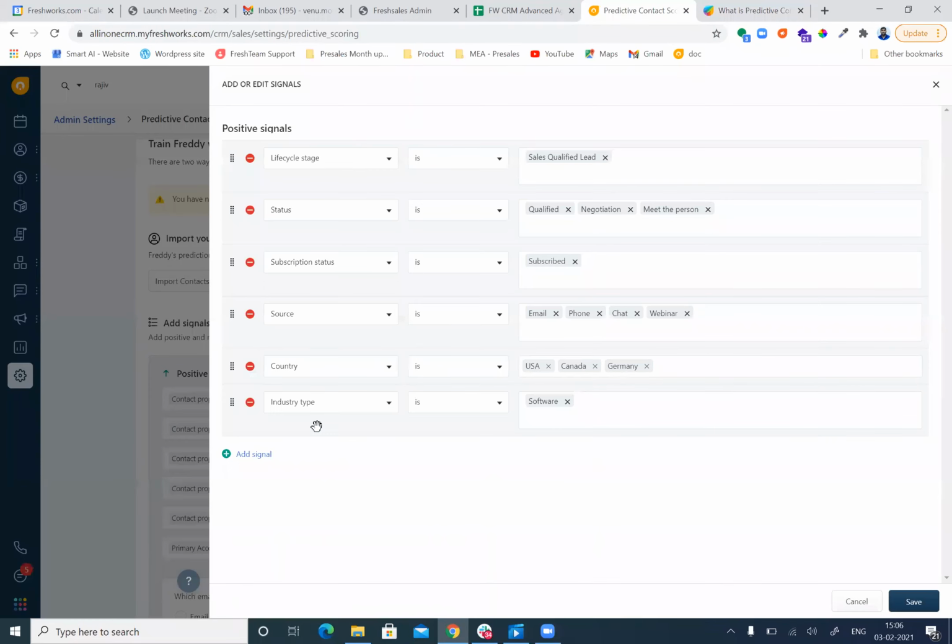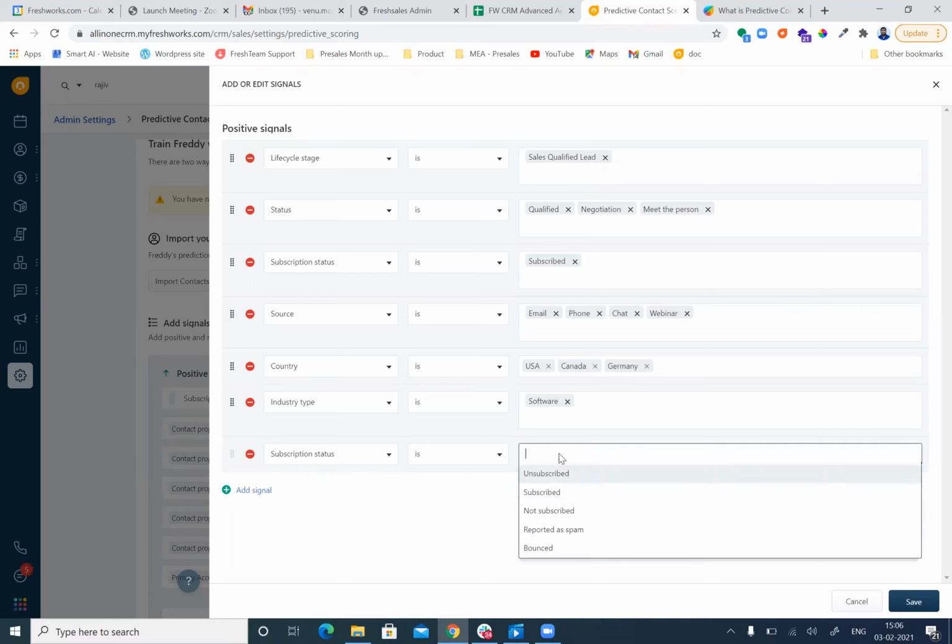Here you can add all your positive signal attributes. Attributes are nothing but the custom fields and default fields which you have created in the CRM under the respective contact and accounts modules. For example, I can add the subscription status. If the value is subscribed, then I can identify this as a high priority customer.